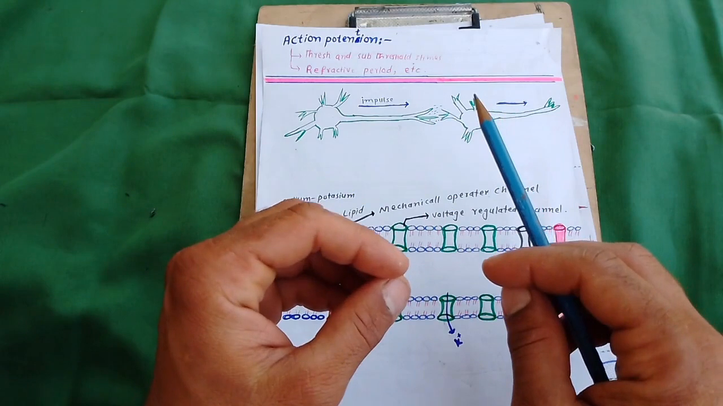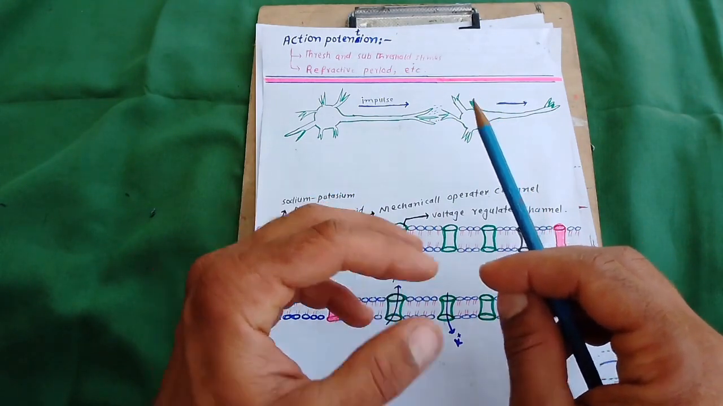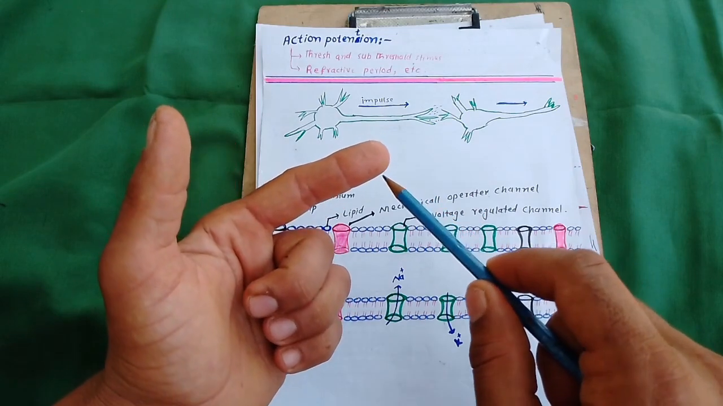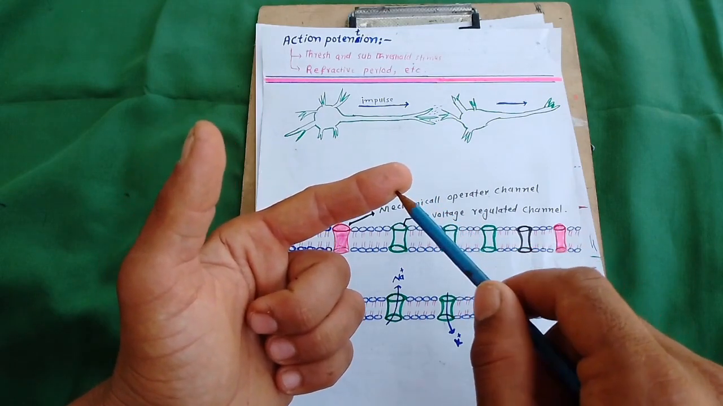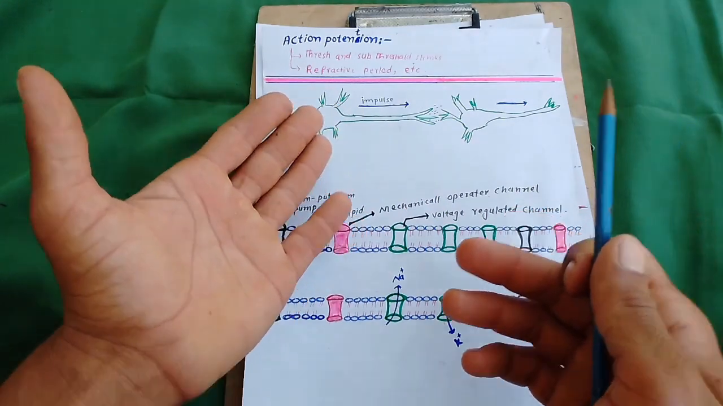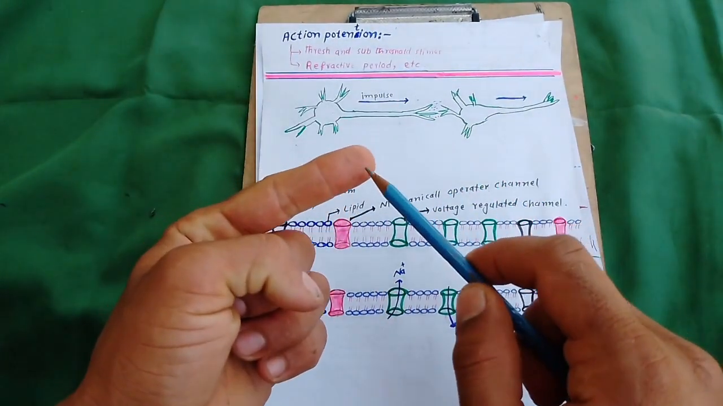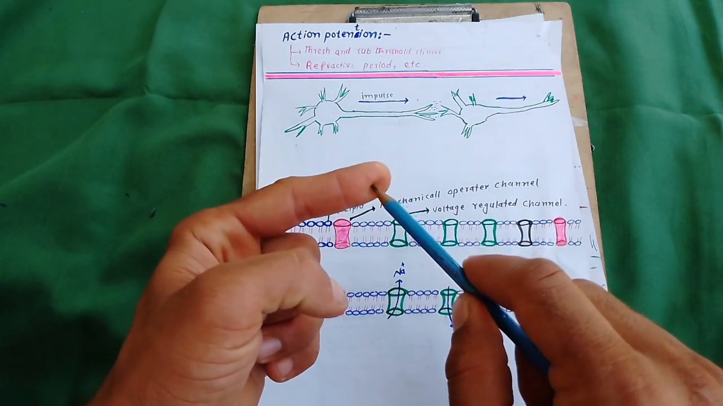Okay, as we know, our body consists of many thousands and millions of neurons. Suppose I touch this area with a threshold stimulus. There are two types of stimulus: threshold stimulus and subthreshold stimulus. When I touch this area with a threshold stimulus,